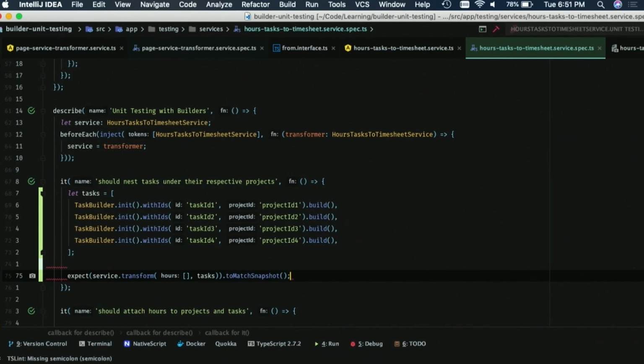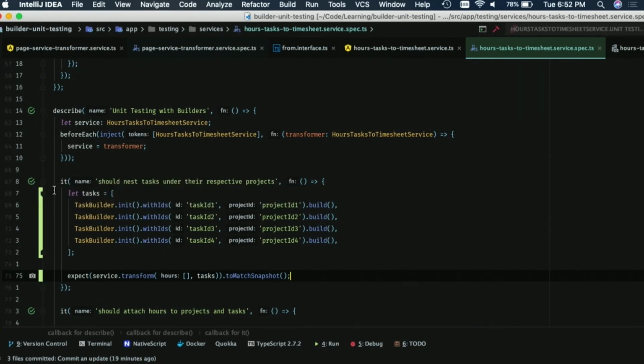Now, in Jasmine, you would probably have to write something where you were saying, hey, I want to make certain that it matches this particular format. Or another way you can do it is that it's an array, so that it comes out the other end as an array containing this path of arrays and objects, and check just the IDs, not the rest of the data with it. But because we're in jest and we can use snapshots,